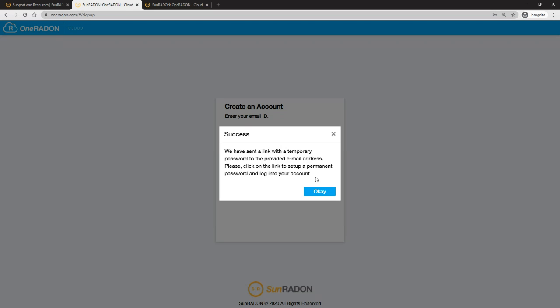So I'm going to open up my mobile phone here and see if I can search for my Gmail account and locate my password very quickly here. It takes a minute or two. Sometimes you have to check for some spam and through some junk. So there we go. Usually the email will reflect it's coming from OneRADON Cloud and it says